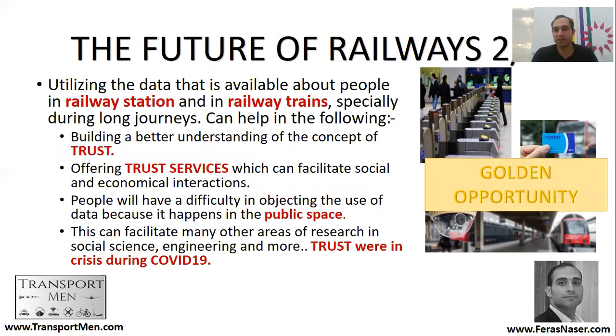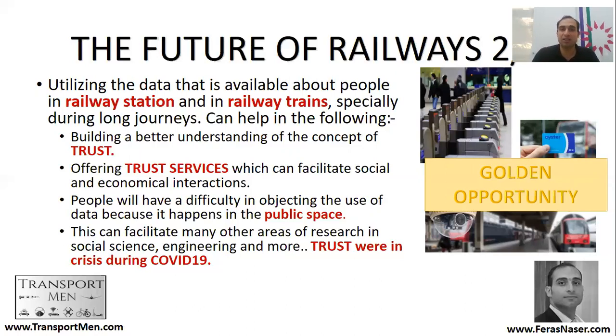So let me talk about this opportunity in a clear way. This is the third opportunity. We talked about the mask detection. We talked about BERT and applying it for expert knowledge research. And now I'm talking about using railway data for trust services. These are the three opportunities that you really need to remember from this presentation.